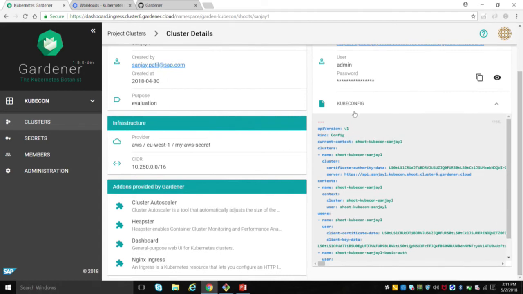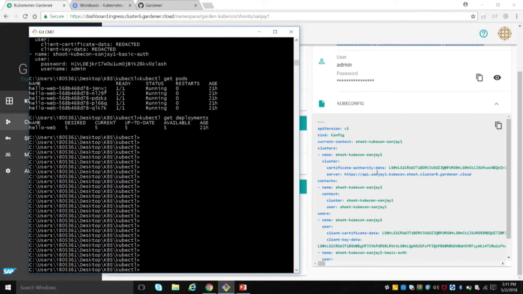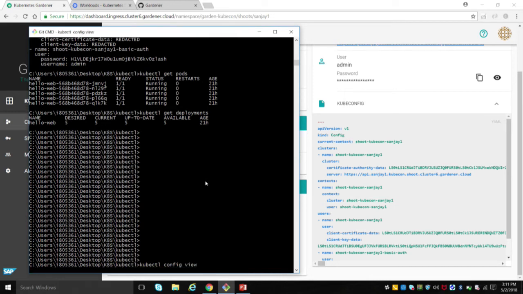So this is the kube config here. The main point I would like to draw your attention to is this is a perfectly standard kube config, right? So from a command prompt, if I were to look at the kubectl config view, you can use the standard tooling to manage your cluster from any of your tooling or from the dashboard as well, because we're using the totally standard configuration and other